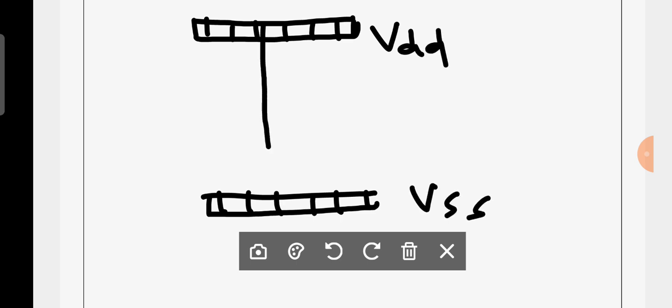This is a metal and this is a metal. This will be VDD, this will be VSS. Now there is a straight one and a straight one, diffusion I am considering. This is a contact. Now you can observe that here,